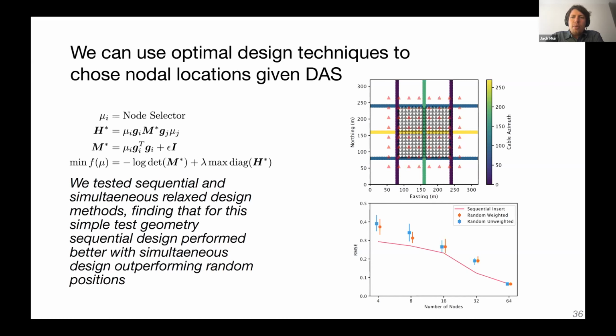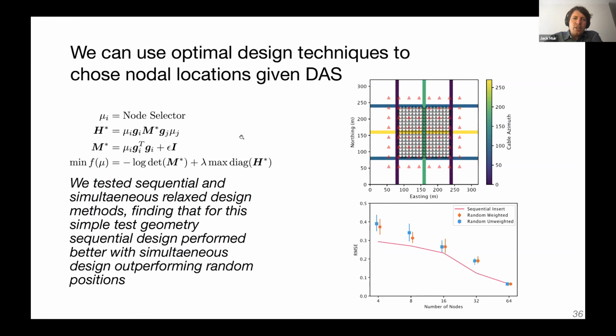And the only thing we might be able to control is we might be able to put out some other sensors, so geophones, nodal sensors, something like that. And we have more control about that, where we will be able to put those. And so how can we do some kind of design problem to mix these two data sets together in an optimal fashion? And it turns out actually that this is a simple linear optimal design problem under the compressive sensing